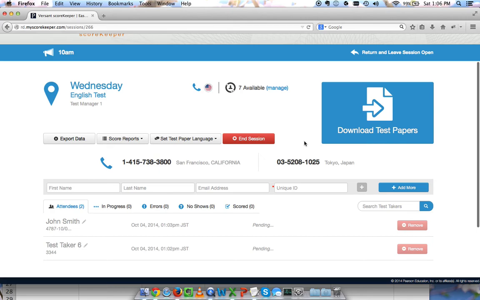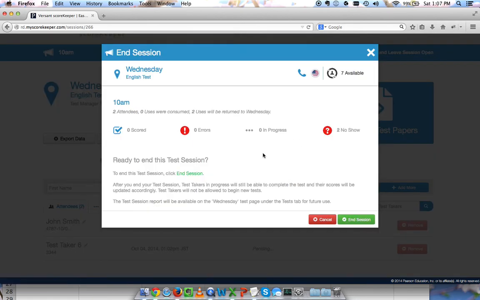So that's the basic process of adding people, provisioning the TINs, downloading the test papers, and then once you download those test papers, you'll print them out and distribute them to the right people. You can click End Session here, and I'll get a quick update of everything that happened in the session. So you can see that nobody had any tests scored, nobody had any test errors, there are no tests in progress, and 2 people were no-shows. So I'll end my session,